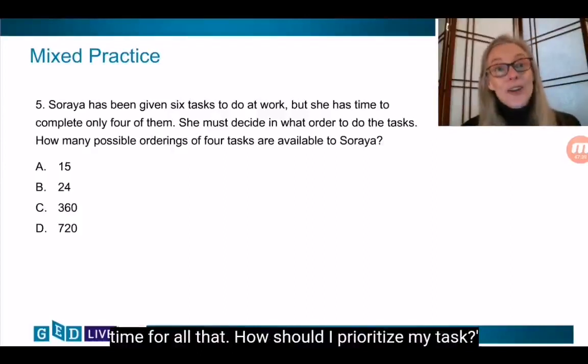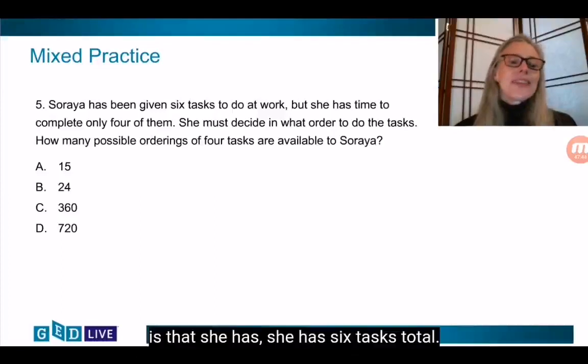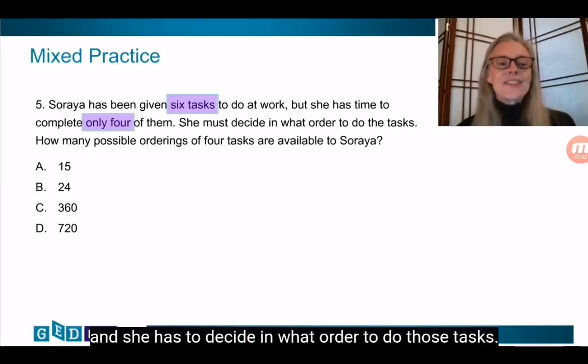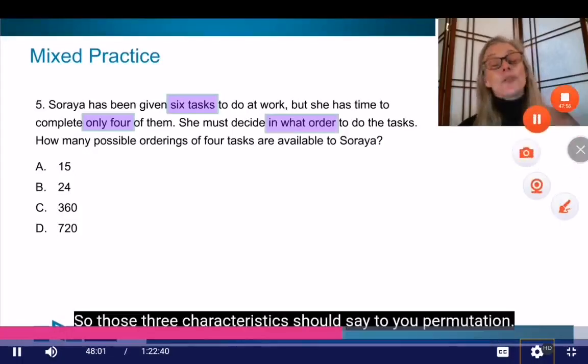How should I prioritize my tasks? So what you can recognize in this problem is that she has 6 tasks total. She's only going to be able to do 4 of them. And she has to decide in what order to do those tasks. So those 3 characteristics